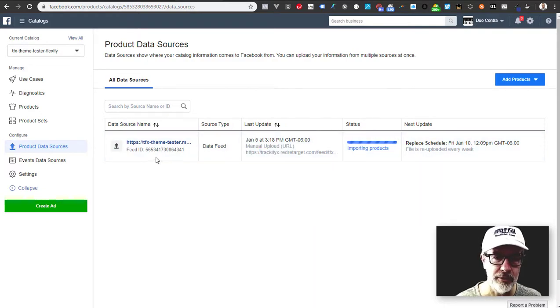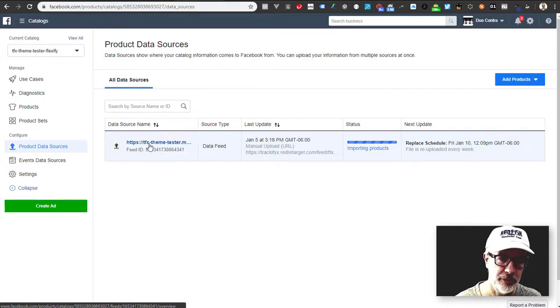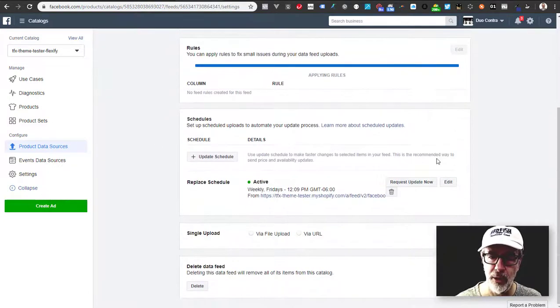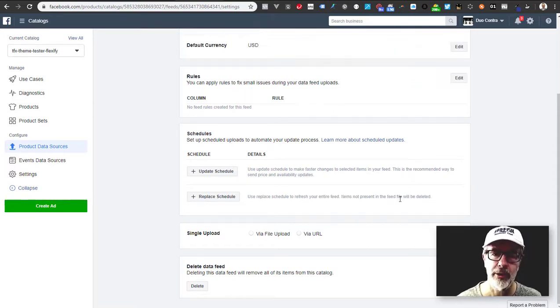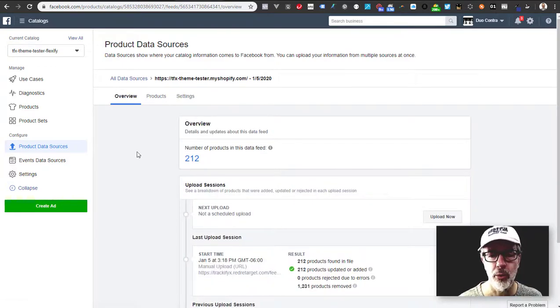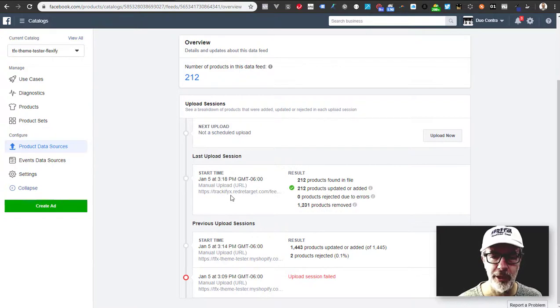And now the second thing you need to do manually, because unfortunately there's no way to do this automatically through the API. You click on the feed and you click on settings, and you scroll down here where you see this upload schedule, and you see here this is the old catalog feed URL that you had put in there before, and you need to just hit the trash can icon here, and that removes the old feed completely from this catalog, and now only the latest upload here with the TrackifyX feed is left over,